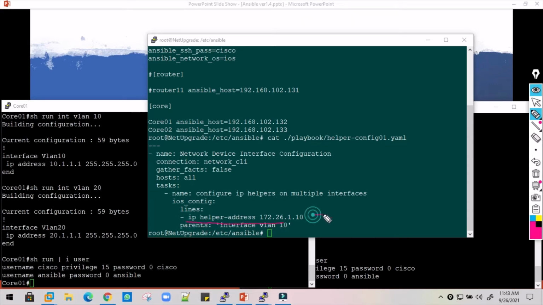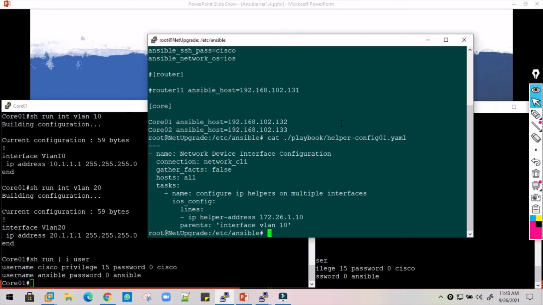For the IP helper address, you can specify any IP address required in your environment. Where exactly does this need to be configured? On the VLAN interface. In this case we'll pick up the VLAN 10 interface and configure this helper. Once it is done, we'll validate, then we'll use the second VLAN and configure it also. Or maybe we could pick up multiple interfaces.